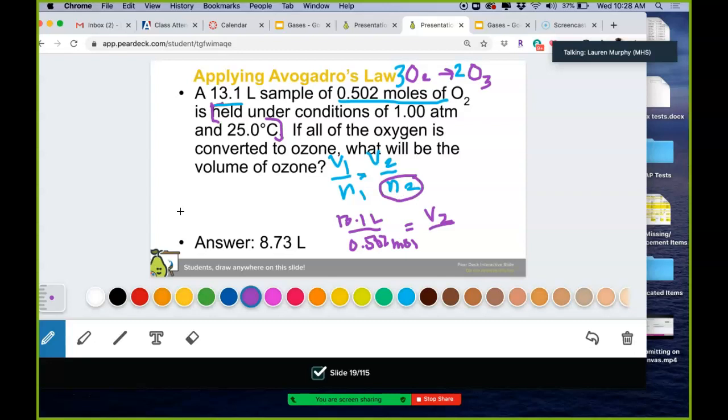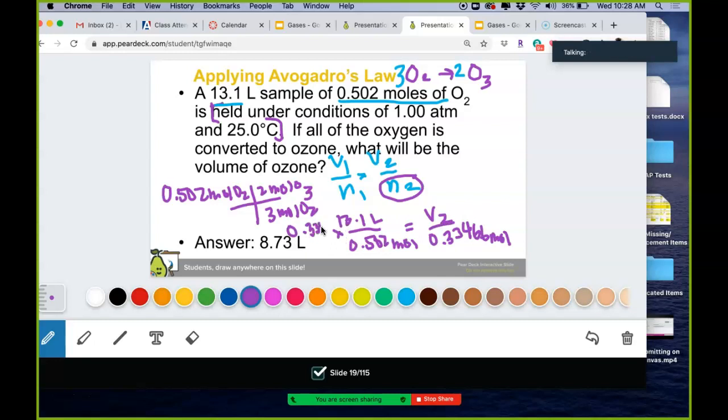ozone? Oh, you're going to have to do mole ratios. 0.502 moles of O2. And for every 3 moles of O2 that react, 2 moles of ozone are produced. So that number is 0.33466 something, okay, moles. So you multiply both sides by that to get V2 by itself. Okay, and you end up with 8.73 liters